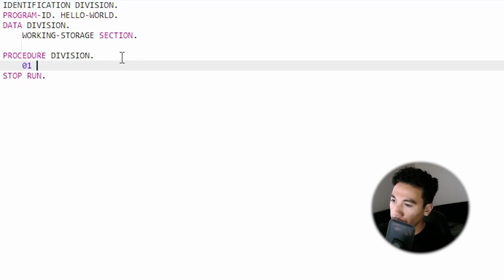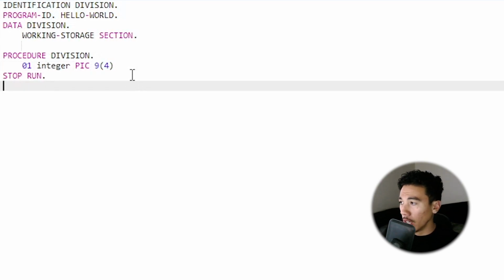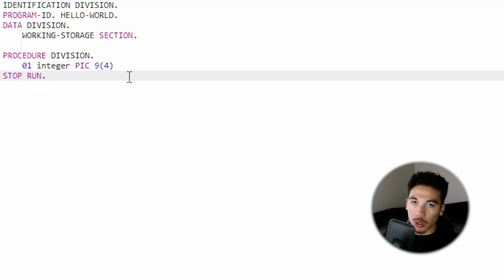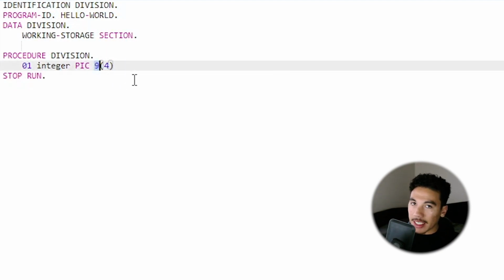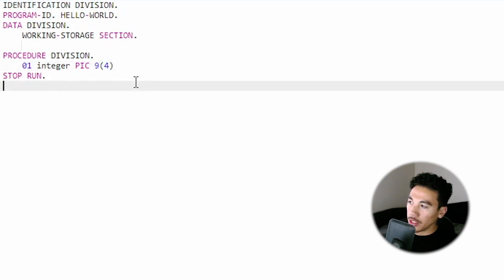With all that out of the way, let's write our first variable. I'm just gonna write integer, and we can write integer because it's not a reserved word, surprisingly. I'm gonna do PIC 9 on the outside of 4. Now you might be like, what does that mean? PIC stands for picture clause, and it basically just tells the program that I'm about to declare a variable in a certain way. I'm painting the picture of how the variable is going to be structured. I know it's really weird, right? This 9 is how you declare an integer, not int. That's literally like the only way I've known how to declare an integer is just int. No, it's 9. And then the 4 indicates how many digits our integer can actually be.